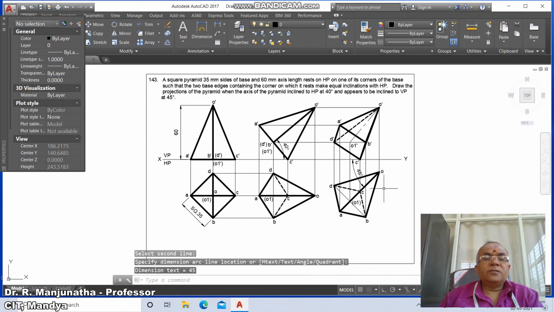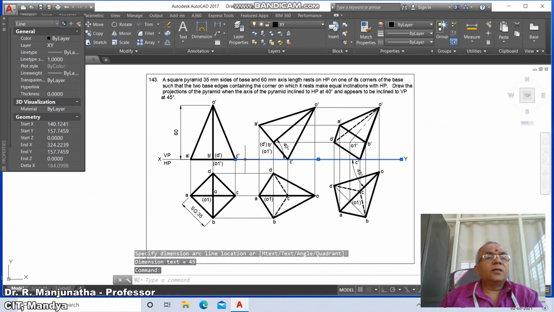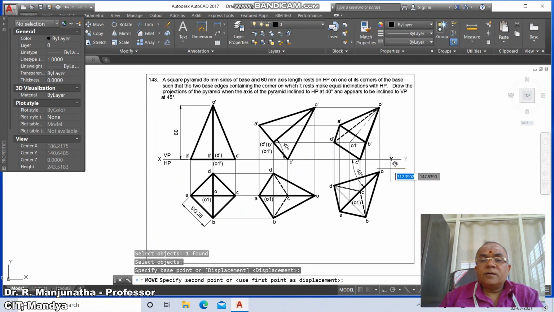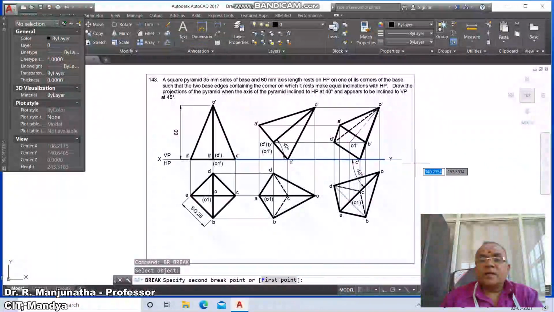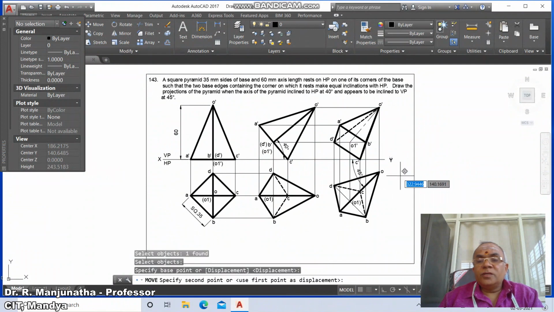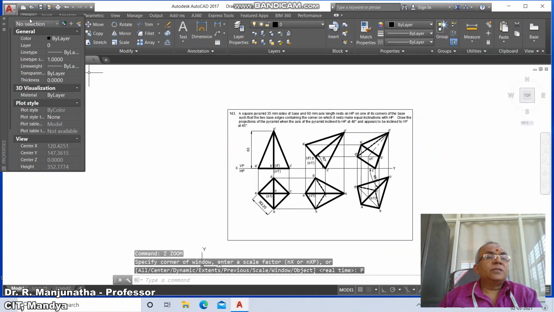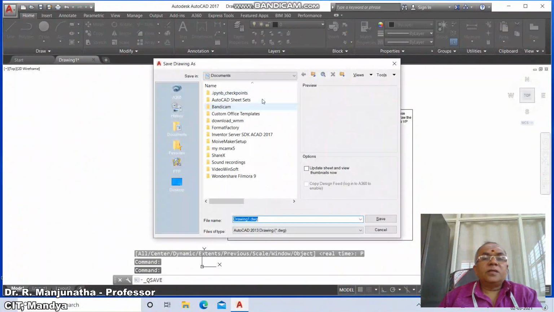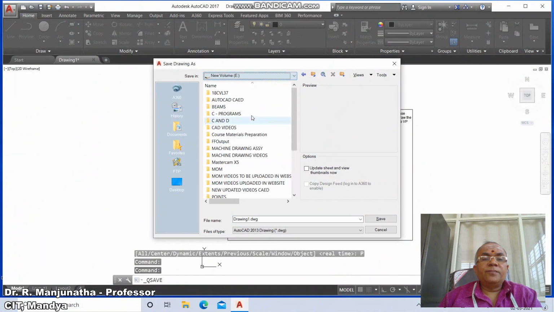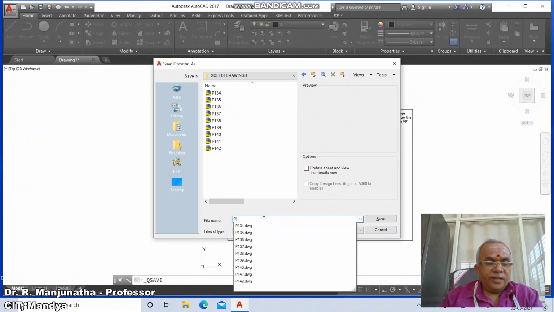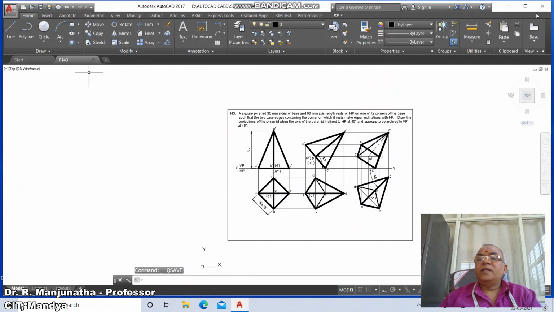So this is how you will be able to get this drawing done in AutoCAD software. And then move this and place it here, then go to break this line till here, and again you just move this inside and then go to zoom previous, then go to save, click on save, go to appropriate drive, go to solid drawings and type P143 and save it, and finally you exit the